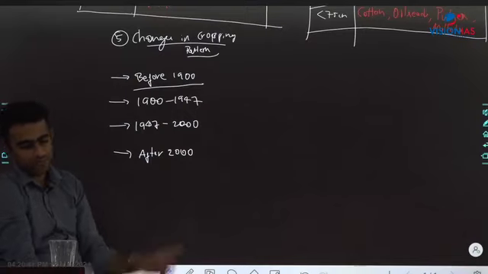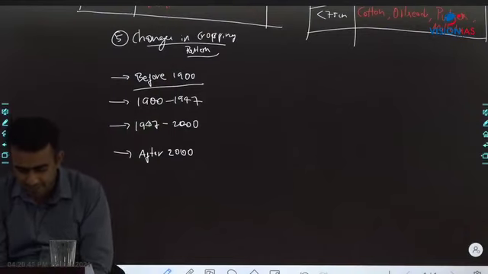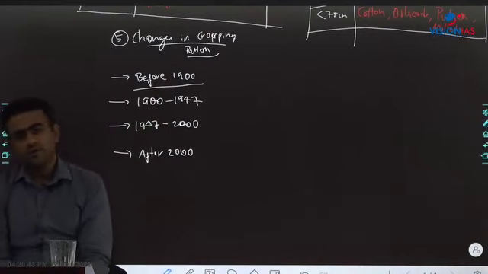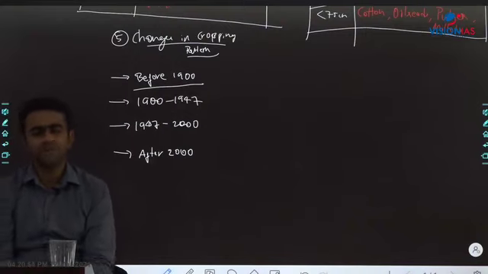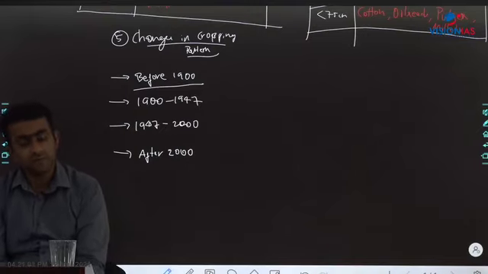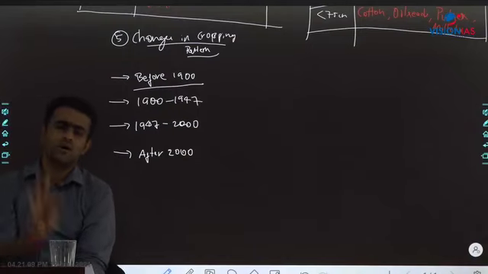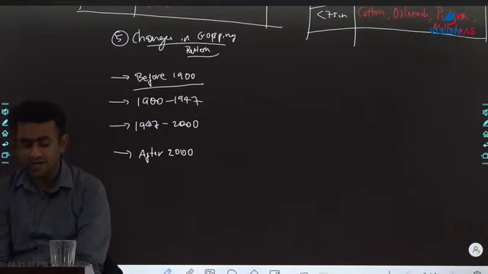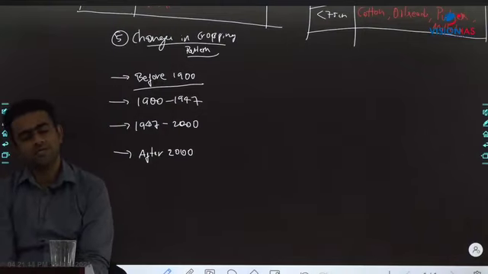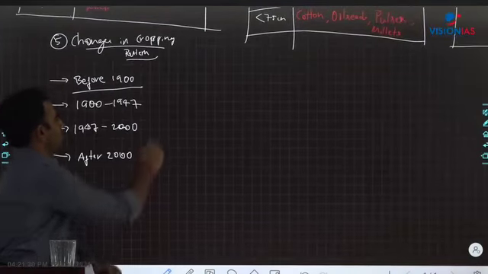So I was talking about the changes in the cropping pattern. What was the cropping pattern before 1900? This is the period where agriculture was not very well developed, and at that point of time there was not much demand for commercial crops. Industries were developing, but it was just the beginning. Particularly agro-processing industries, the agriculture-based industries, were completely ruined after the British came into India and started to rule, so there was not much. So basically agriculture at that point of time was mainly concentrated towards food crops,